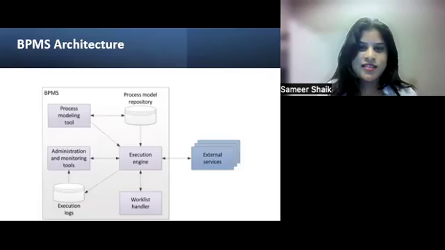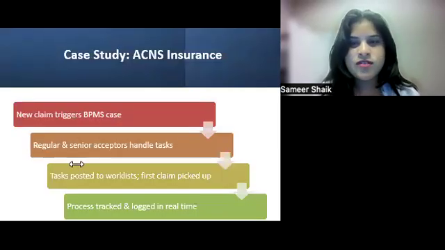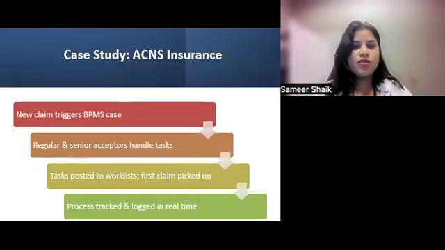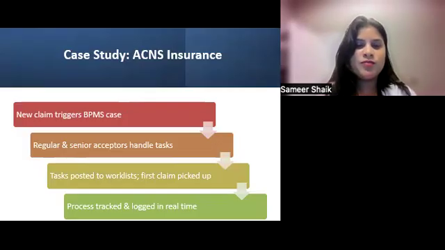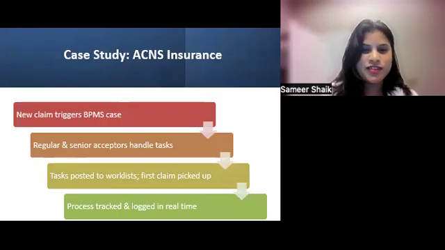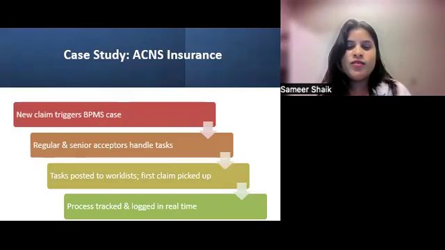And in the next slide, we could see the case study on ACNS Insurance. At ACNS Insurance, a BPMS transformed their claims handling in the following way. A customer files a claim online. Because of this, the BPMS creates a case automatically. The first task, the initial assessment, is posted to every junior adjuster's worklist, and whoever picks it